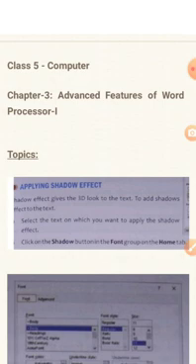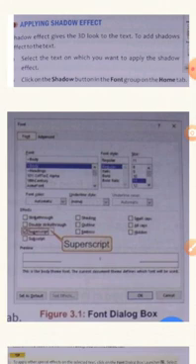For that, you need to do the following steps. Select the text on which you want to apply this shadow effect. First, you need to select that particular text and then click on the shadow button in the fonts group on the home tab. When you click on the home tab, you see number of groups available in the ribbon form. There you have to click on the shadow button and you get this font dialog box also, where you can tick that box here.